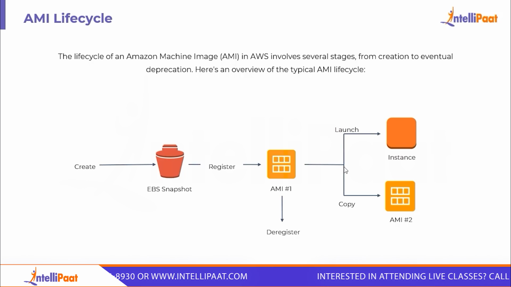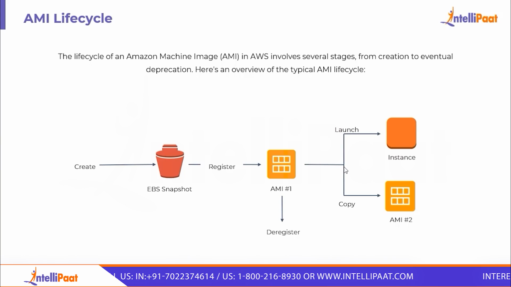From it, you can create a new instance or multiple instances, each an exact replica of an AMI's stored configuration. You might want to operate in a different region or have redundancy. The copy allows you to replicate your AMI from one region to another, ensuring your application can be globally distributed or backed up. So we start by creating an AMI, which also creates an EBS snapshot, which can be registered